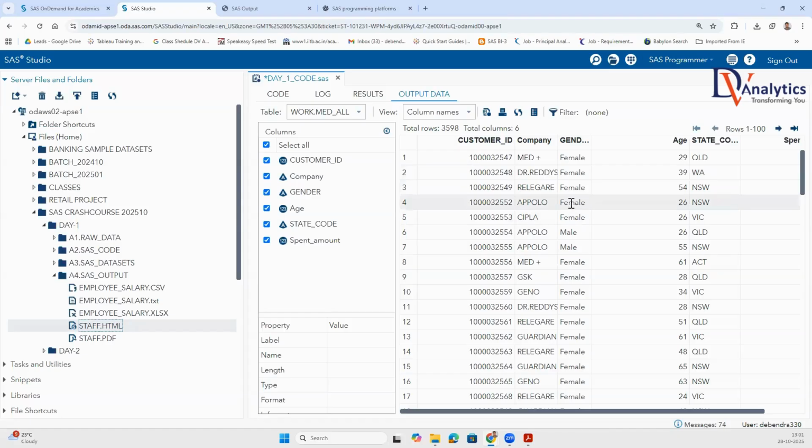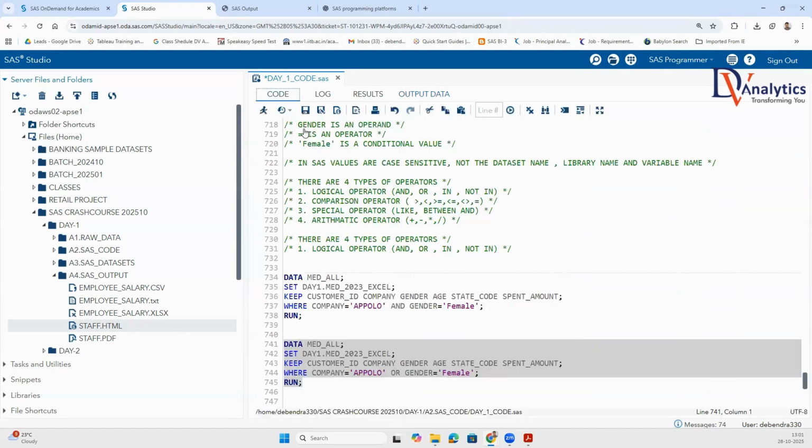3598. For Apollo, you can see male. But for all the rest of the companies, you can see only female. Can you see this? Clear now, guys? Okay. Then,